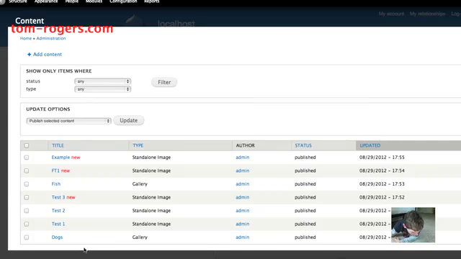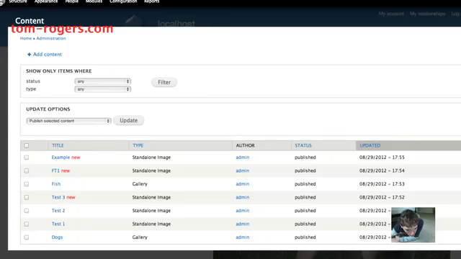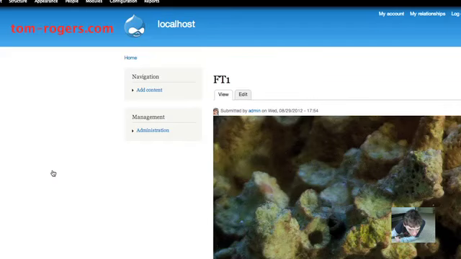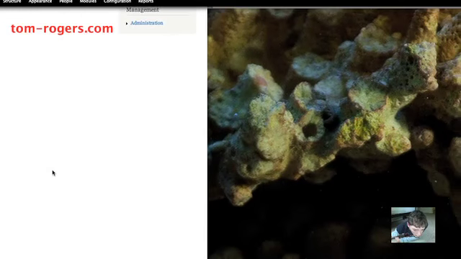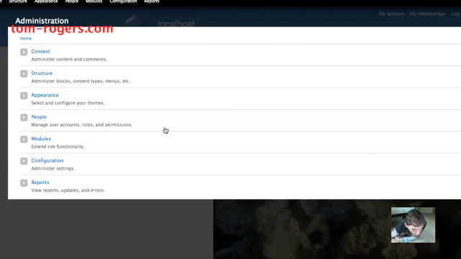So these titles or number of images have no significance, but just to show you, we've got some dog images with a description. We've also got fish images, but if we go